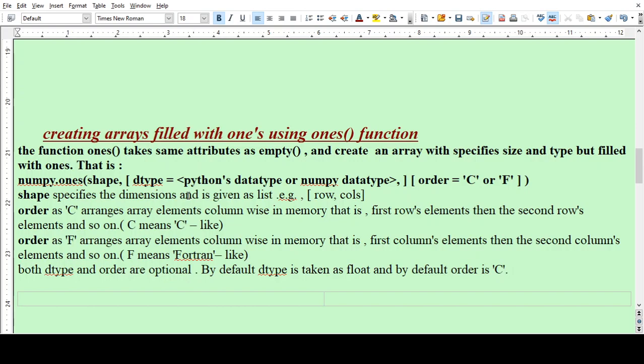Order as C arranges array elements row wise in memory, that is, the first row's elements, then the second row's elements, and so on. Order as F arranges array elements column wise in memory, that is, the first column's elements, then the second column's elements, and so on. Both dtype and order are optional. By default, the dtype is taken as float and by default the order is C.